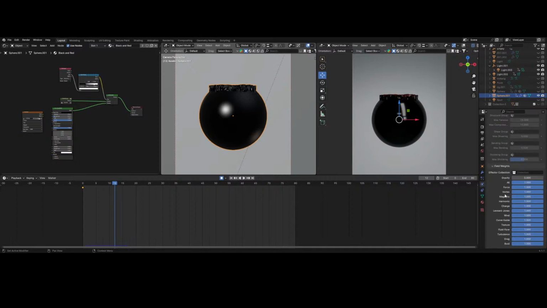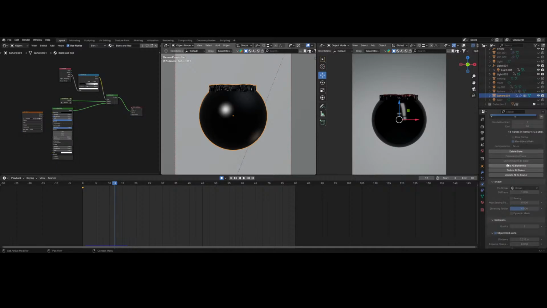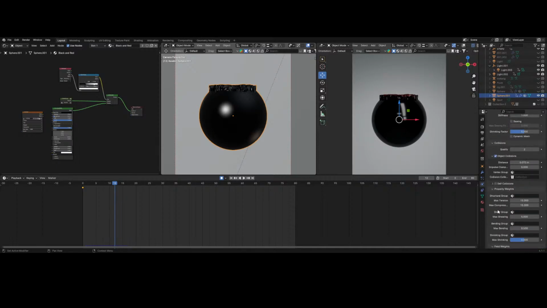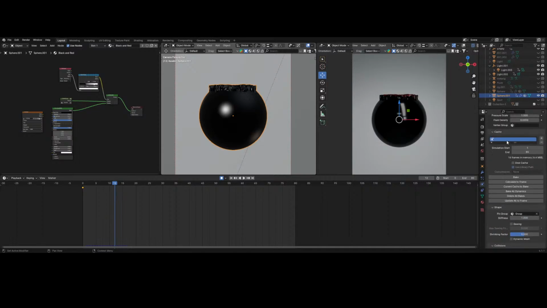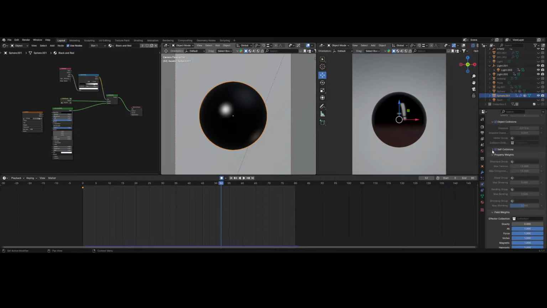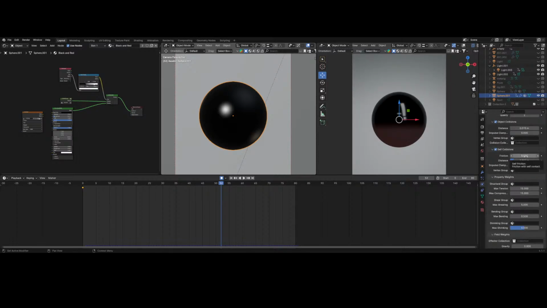Let me see what the self collision is doing. Let me disable the self collision. Okay. So the self collision is basically